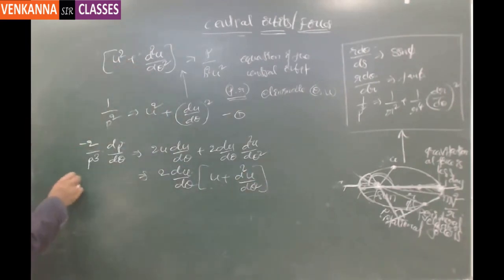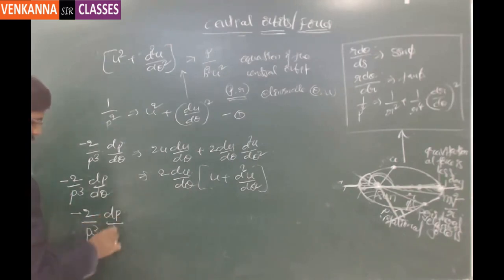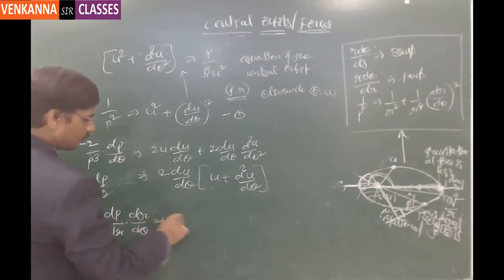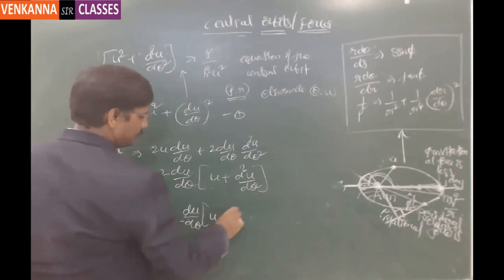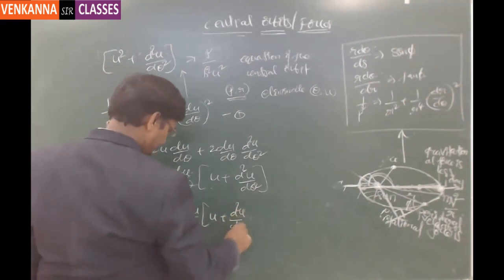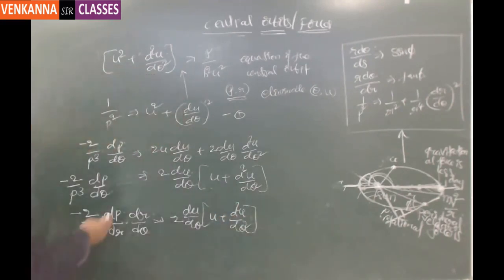And then this is minus 2 by p cube into dp by d theta. Now if you convert this, it becomes minus 2 by p cube into dp by dr into dr by d theta is equal to 2 times du by d theta into u plus d square u by d theta square. So dp by dr into dr by d theta, and the dr by d theta value you can express as